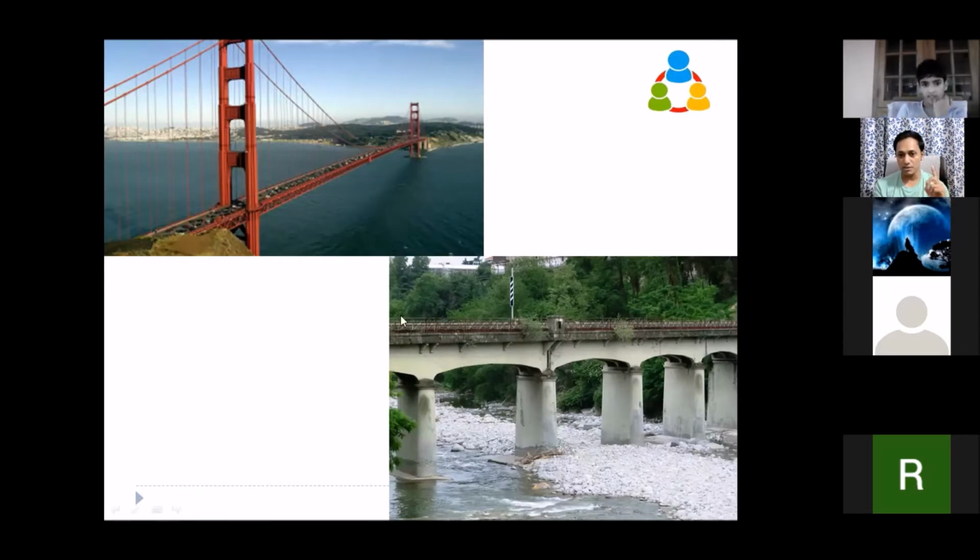Assuming both these bridges are the same mass, same weight. Assume that only two pillars are there. Here also, two pillars. Which pillar needs to be strong? A or B? Everyone. Sorry. A, sir. Why? Because a lot of vehicles go through it, and there's